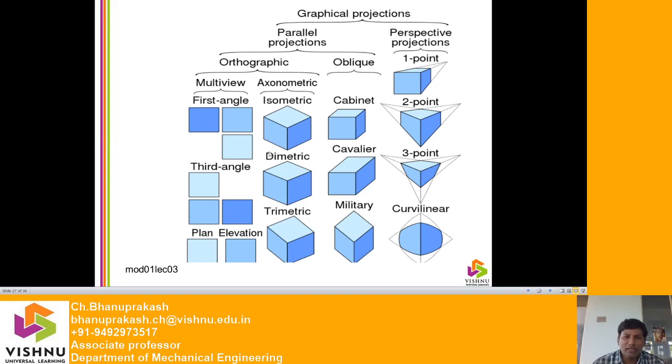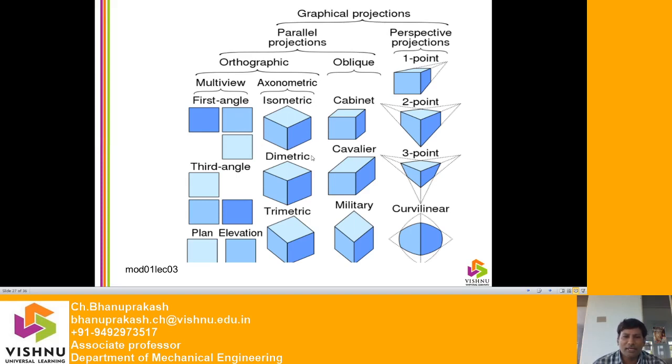See, when I am seeing the object, the observer will be here, so what am I going to see? This is the square, so this is the elevation, or otherwise we can call it the front view. Now when I am seeing from the top, what is possible to see? Only the square. See, below the front view what did I get? Top view. In the first angle projection, always below the front view, you will get the top view.